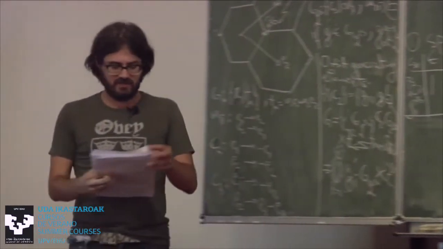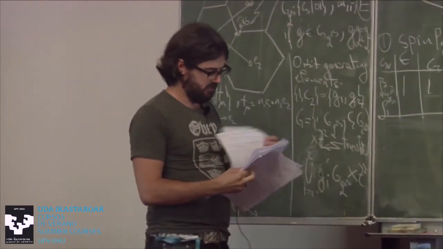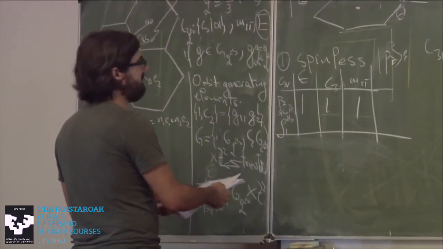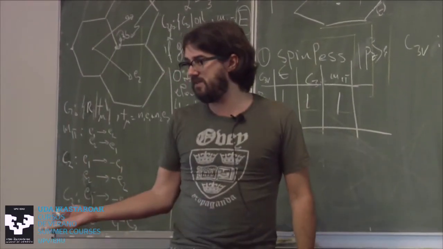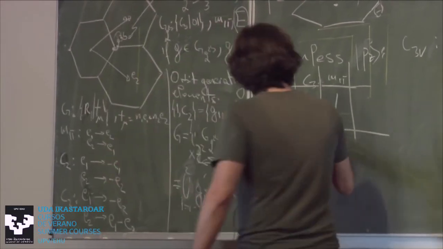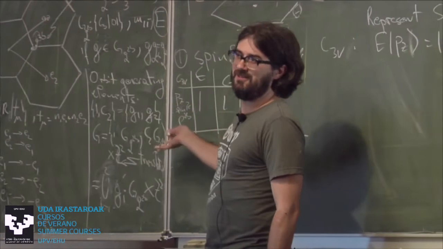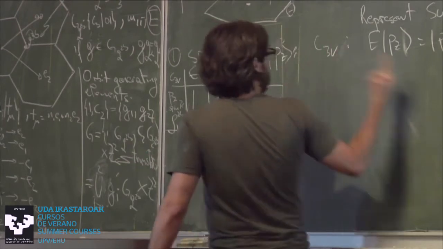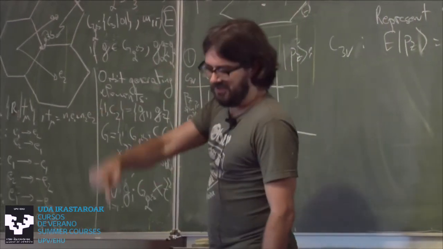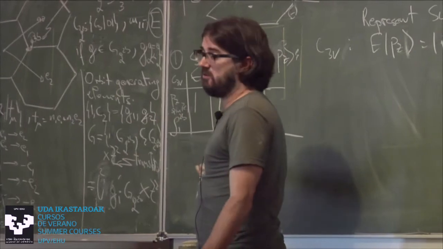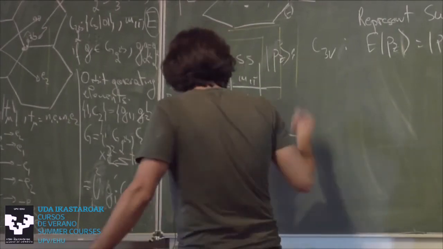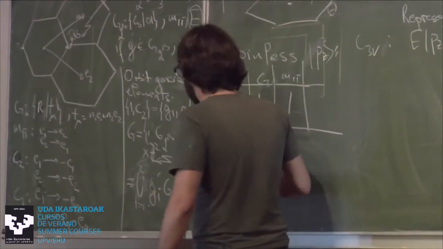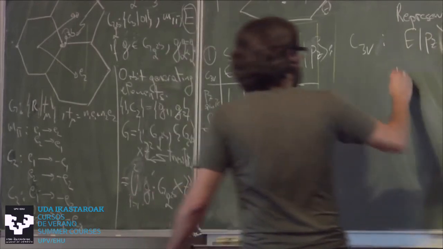Let's find out another spinless representation. Another spinless representation is formed by px and py orbitals. This is the only time I'm going to talk about px and py orbitals. But I want to do this representation because it will tell you in the end, once I induce up to the band and subduce back to the points in the Brillouin zone, that you have Dirac nodes on graphene. This is exactly the same thing. We're not going to go through it in such detail because I want to go to spinful systems. But px, py spinless,